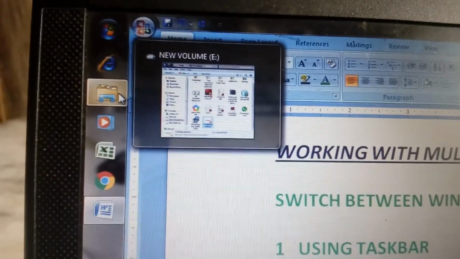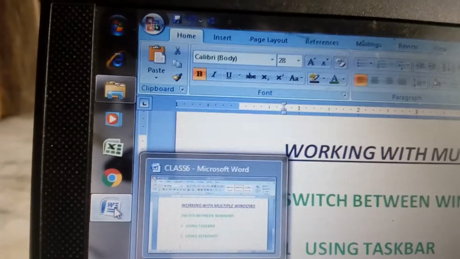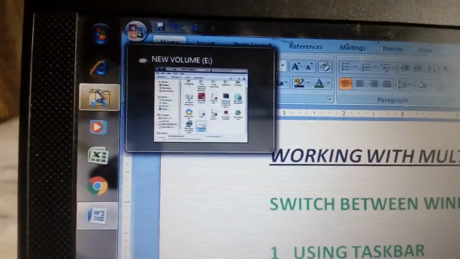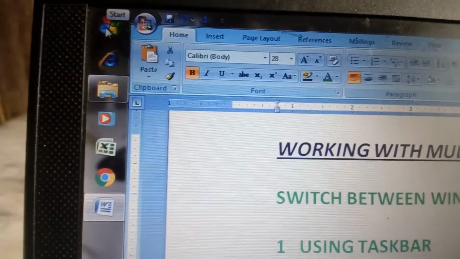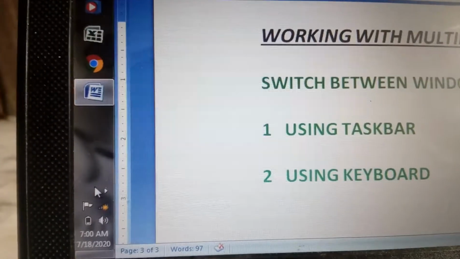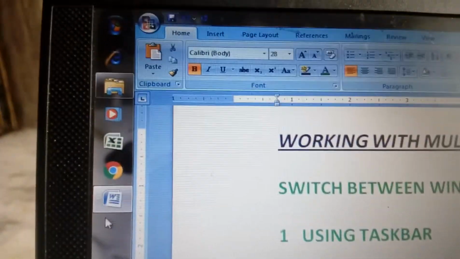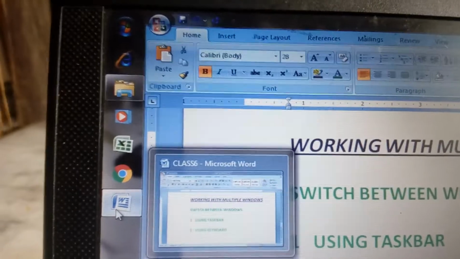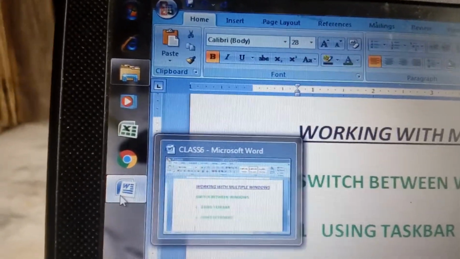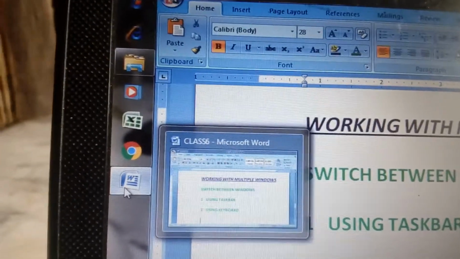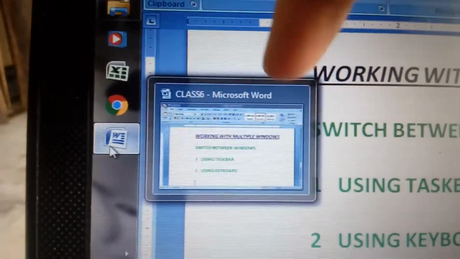See, this is the active window and similarly this one is an active window, and this is our taskbar, where we have the start button at one end and the clock at the other end. If we are not only clicking on it but selecting it, we can get the sheet over here, and this is called the thumbnail.